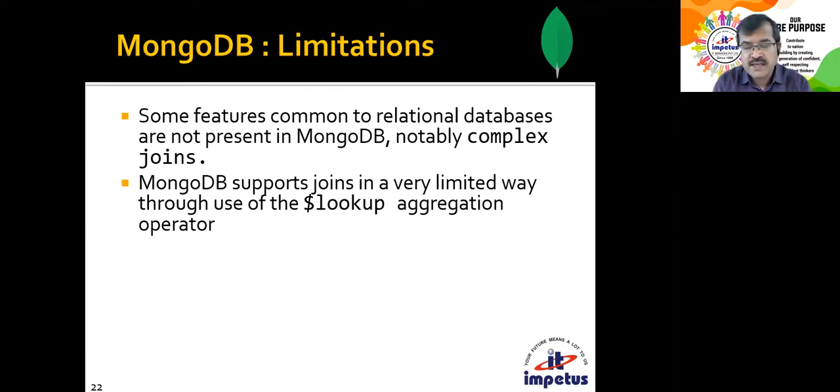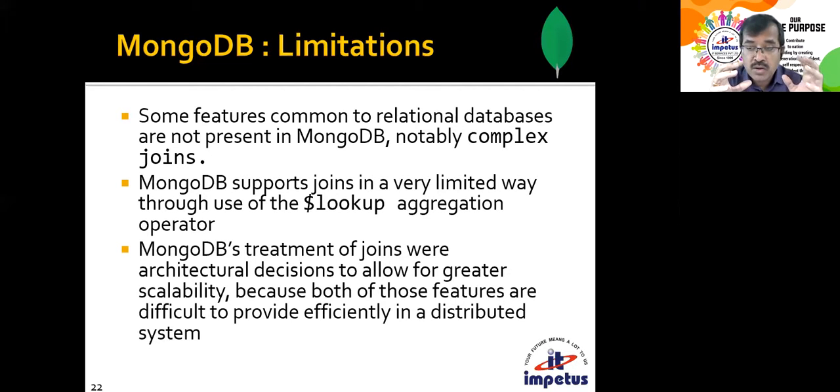We will not do multiple joins, because what is the reason for this? Why is it so? This is a conscious decision that the designers of MongoDB have taken. They do not want to compromise on performance. So MongoDB's treatment of joins was an architectural decision; they have intentionally not provided this particular service, because to